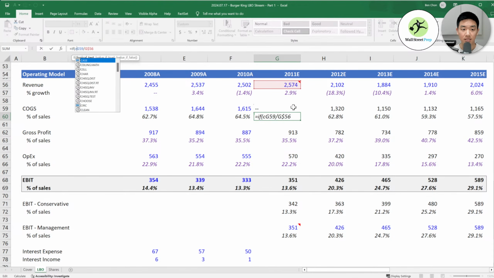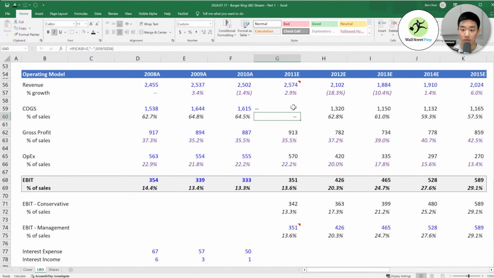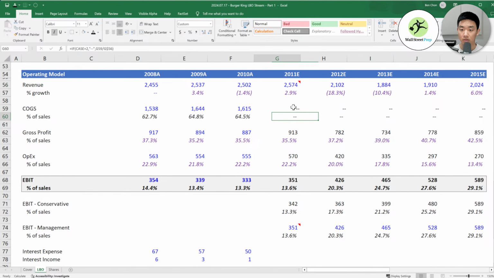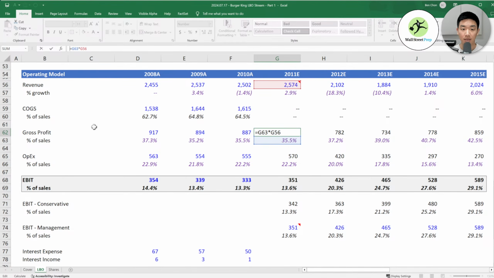So if case equals 2, then don't use this, basically. Right now, since the case is at 2, we don't want any of these to be showing. And we're going to do basically the same thing for all of these. So if case equals 2, then show nothing.